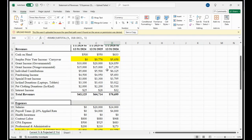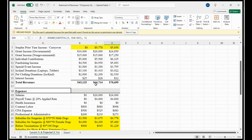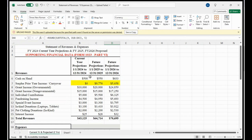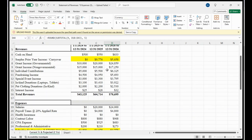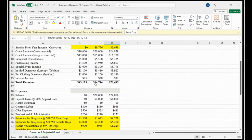In-kind donations, laptops, tablets. I just said, hey, maybe we'll get 3 laptops donated. They're used. They're probably, market value, street value, I would say $3,100. And then we talked about the pet clothing donation, someone donating $2,000 worth of clothing for the pets, and then the interest income. If you do have a checking account that earns interest, then just on the low end, it could be more than that, but I just went with $25. So you can see the total revenues of